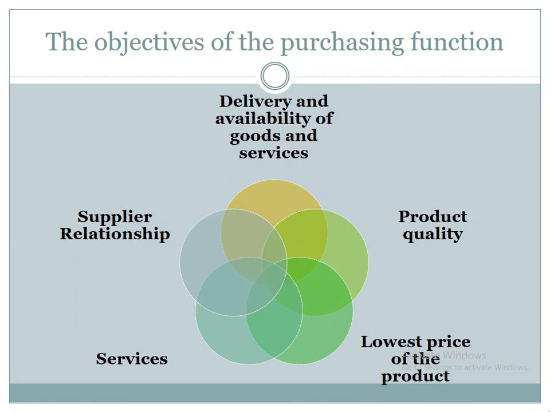First, we will talk about delivery and availability of goods and services. The primary objective of the purchasing department is to ensure the purchased goods and services are available or delivered when and where they are needed. Late delivery of the purchased goods and services may adversely affect the performance of the purchase functions. On the other hand, the vendor or supplier's reliability in delivery is the most important criterion at the time of vendor evaluation.